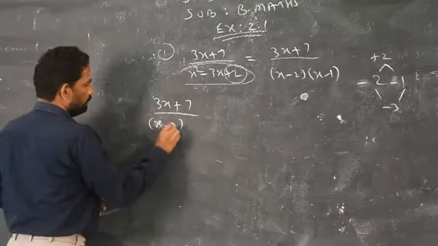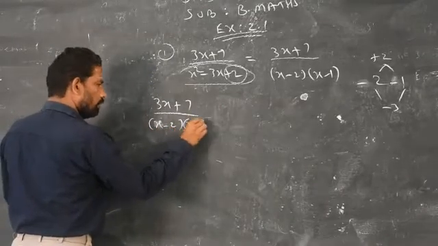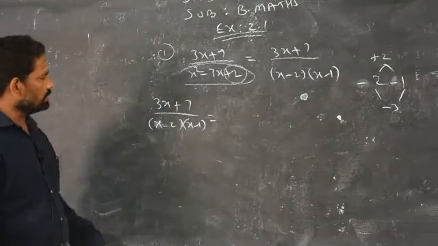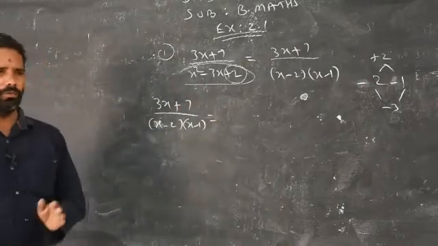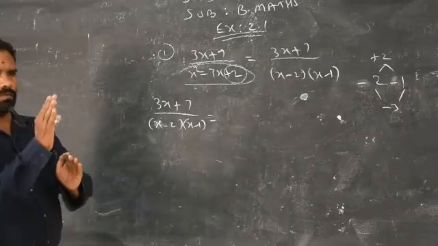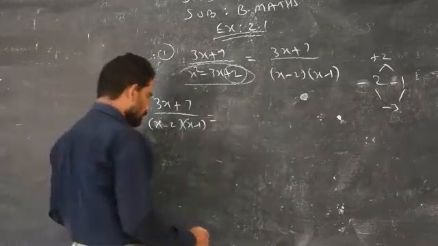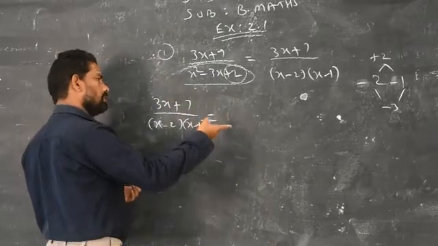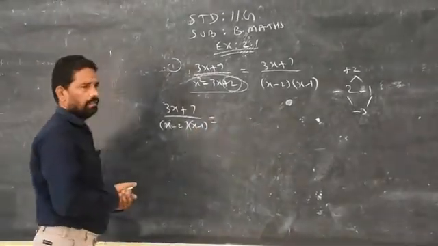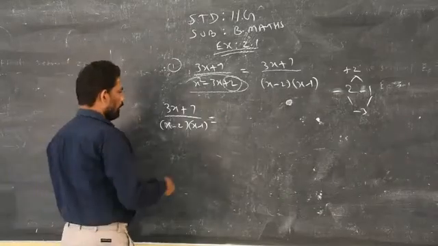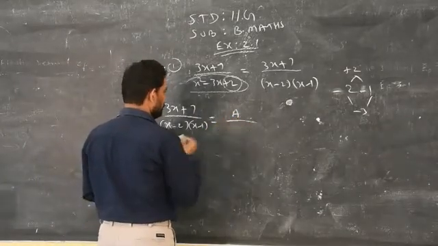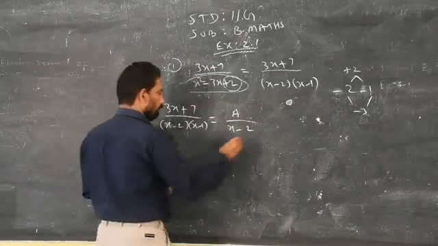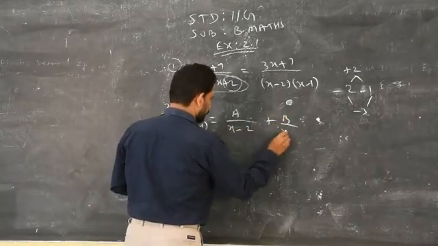Follow the steps properly. There is another method also to solve this one. But my suggestion is to follow only the same method. Don't go for one method for one problem and another method for another problem, that leads you to be confused. So please follow only one method. There is another method to find the answers for this problem. So I separate those factors like a by first factor plus b by second factor.